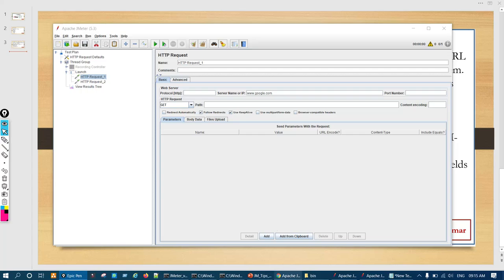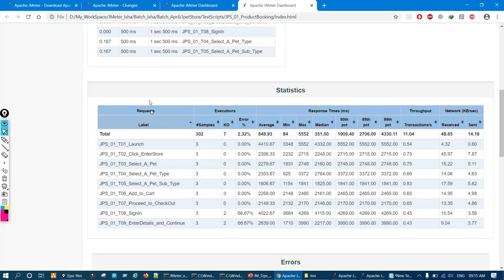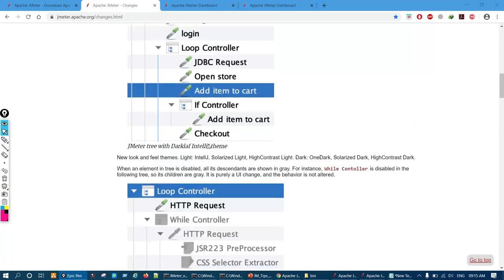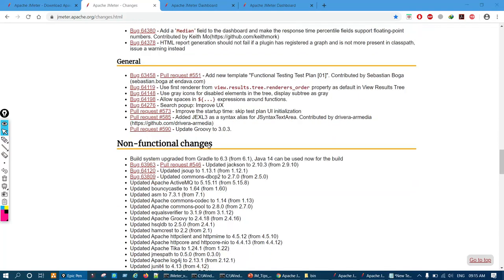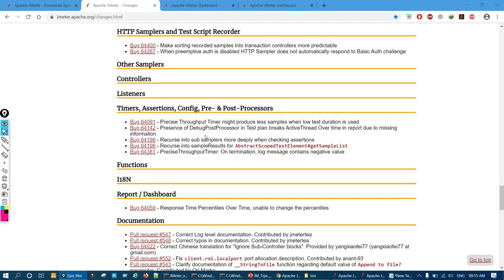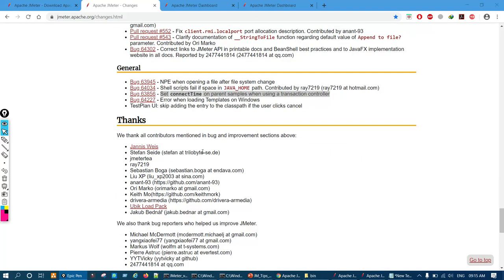If you want to read the detailed changes, please go to the changes page on the official JMeter site. You can read version 5.3 and all the detailed changes listed here. It's very huge, and in 5.3 they have made some major and good changes. So this is the page. Thank you everyone, have a good day.